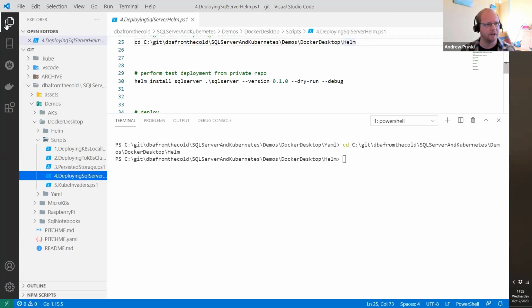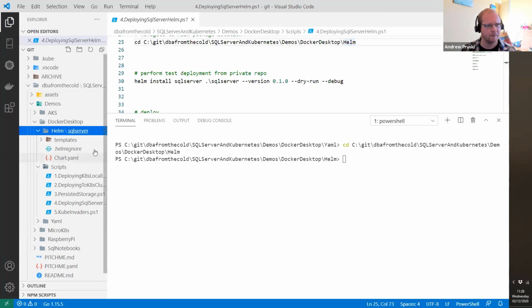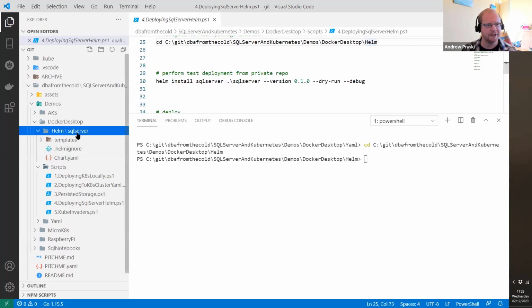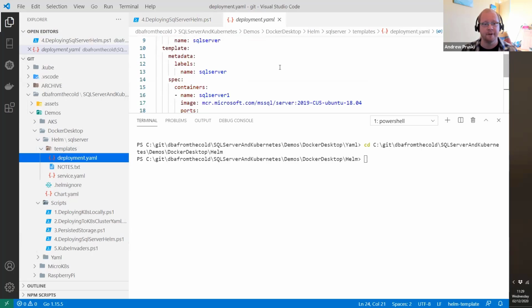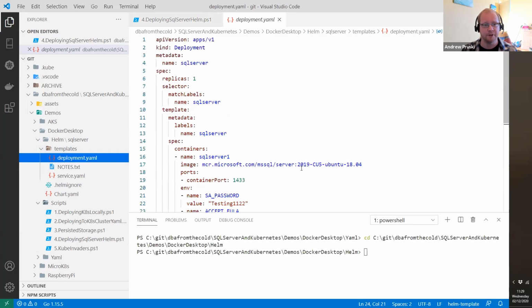And what we can do is have a quick look at it. We come here. All it is, I have a SQL Server Helm package. And in the templates, I have a deployment YAML and a service YAML. And the deployment YAML and service YAML are the exact same things we've been working with the entire time. So it's exactly the same